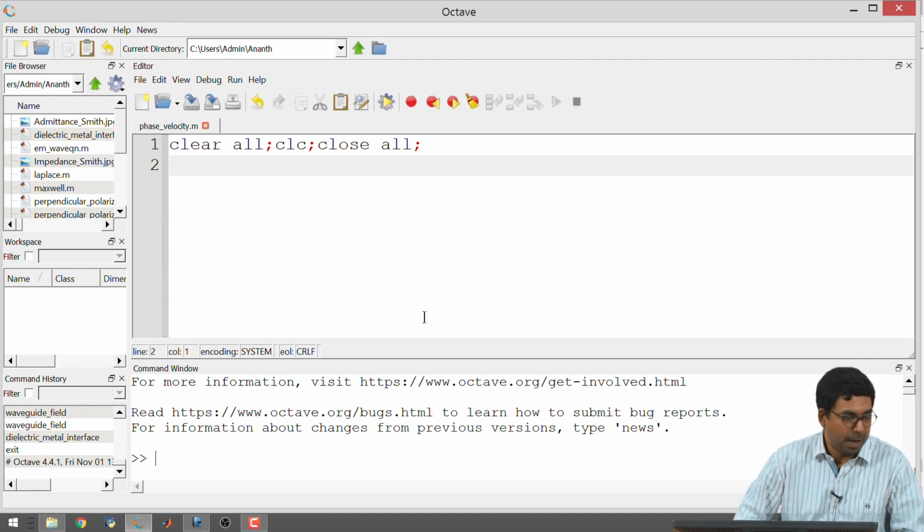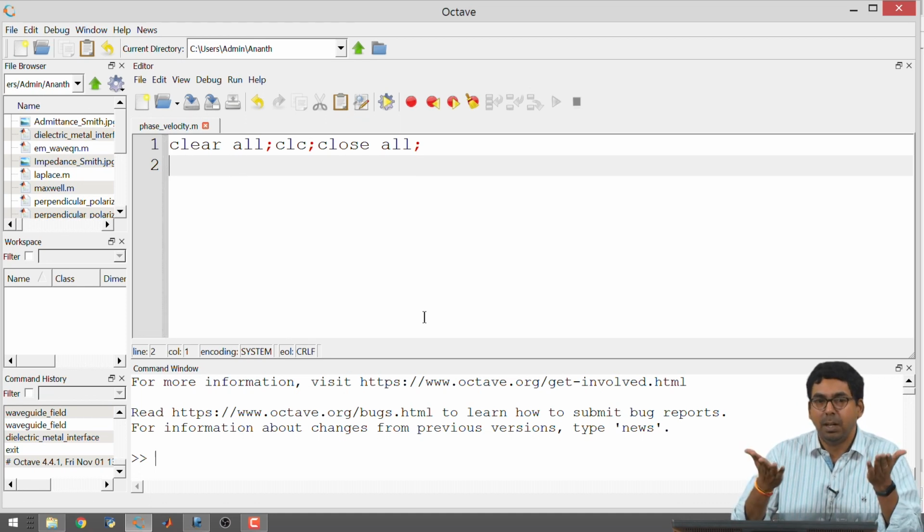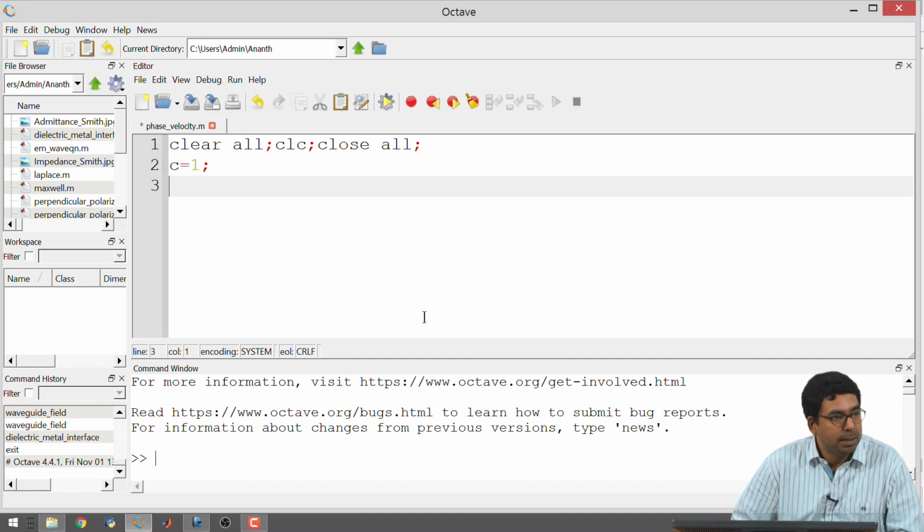First of all, I am not going to use 3 times 10 to the power 8 meters per second to be the velocity. I like to use the velocity equal to 1 in air, and then everything is relative to that. But currently I am worried about vacuum, because anyway it is a non-dispersive medium and it could fill a parallel plate, it is a perfectly valid medium. So, in some normalized units, I am just taking c equal to 1. This means that I am considering only epsilon r and mu r. So, 1 by square root of epsilon r mu r, where epsilon r is equal to 1 and mu r is equal to 1, just gives me a relative velocity of c equal to 1.